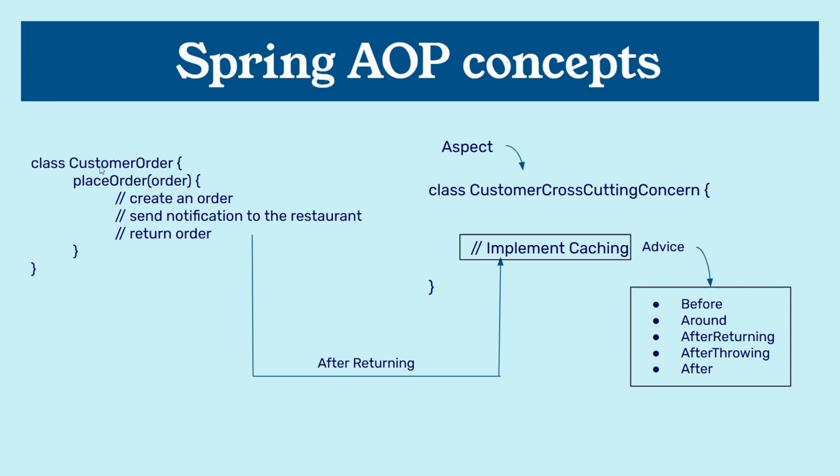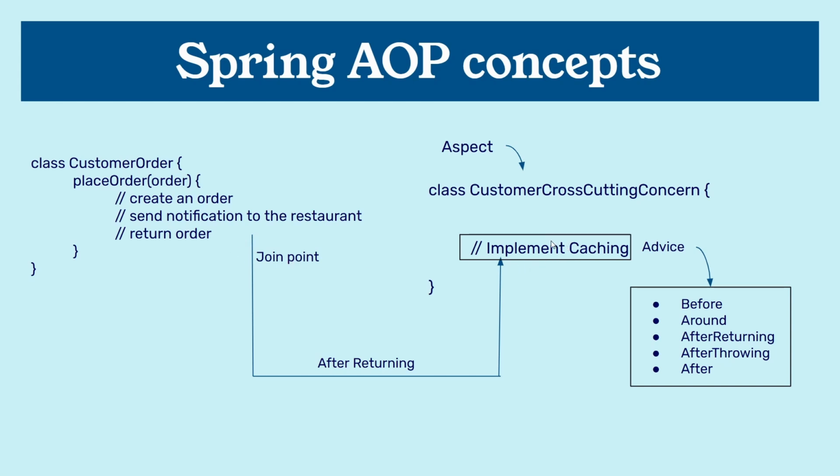So let's call this class the business logic class, and this method is a business logic. After the business logic execution, the advice has been executed. So basically what we are doing is trying to join this method execution with the advice execution after. And hence this place is called a join point.